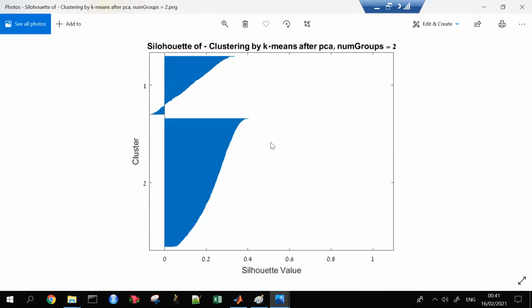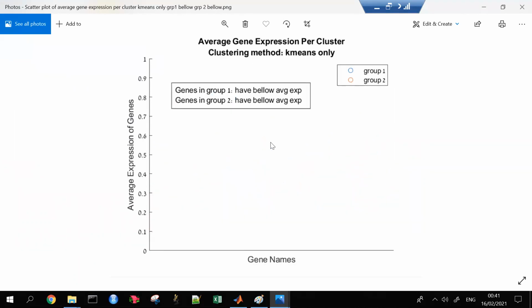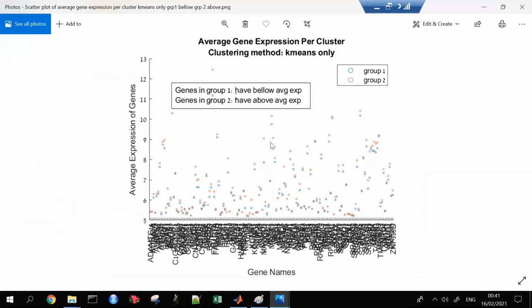So what I did here is I simply took, you see that group 1 is represented by blue, group 2 is by red, and it's the same bar plot as before, but we only take genes here where